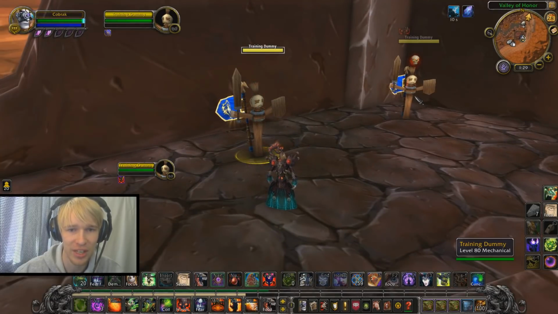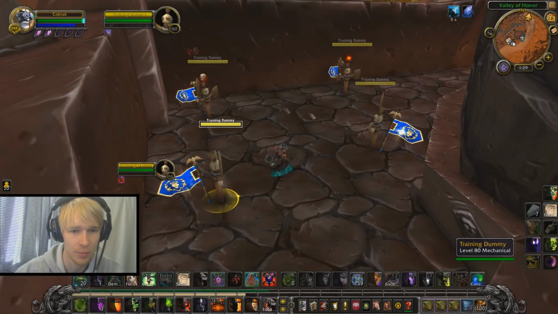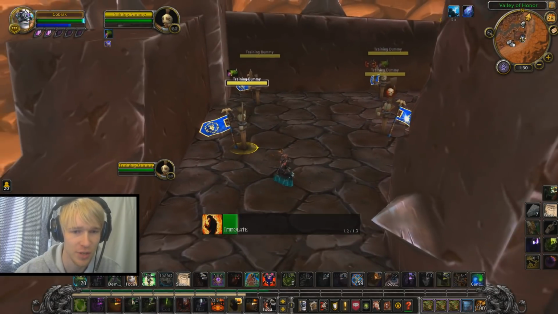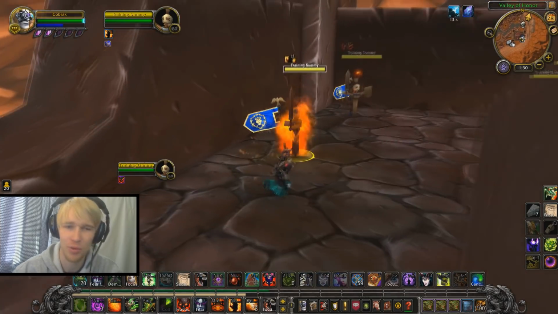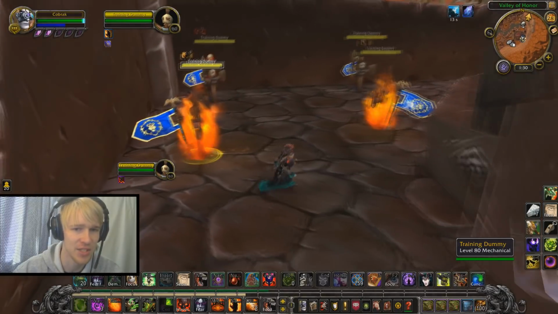Bam! And because I'm mousing over him, it will Havoc him. Likewise, if I want to mouse over this guy, this guy, this guy, it doesn't really matter. It just lets you get off double coils and stuff like that really, really quickly. I just love mouseover macros. Really smooth to use, especially for somebody who targets things like I do